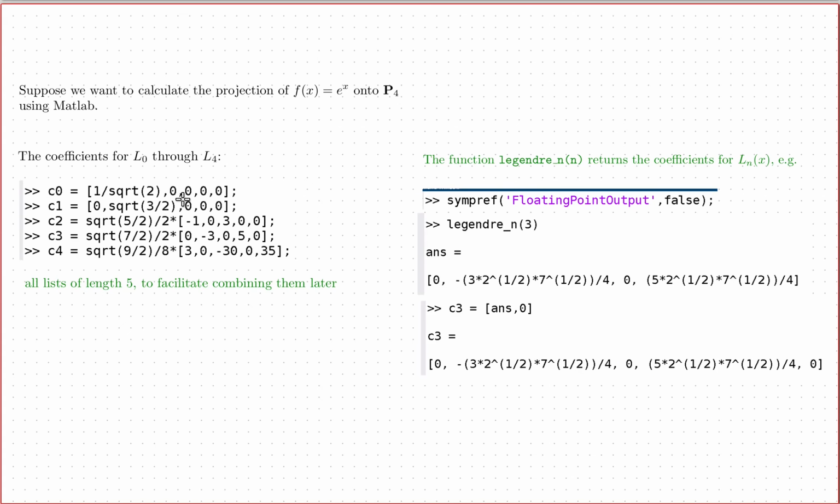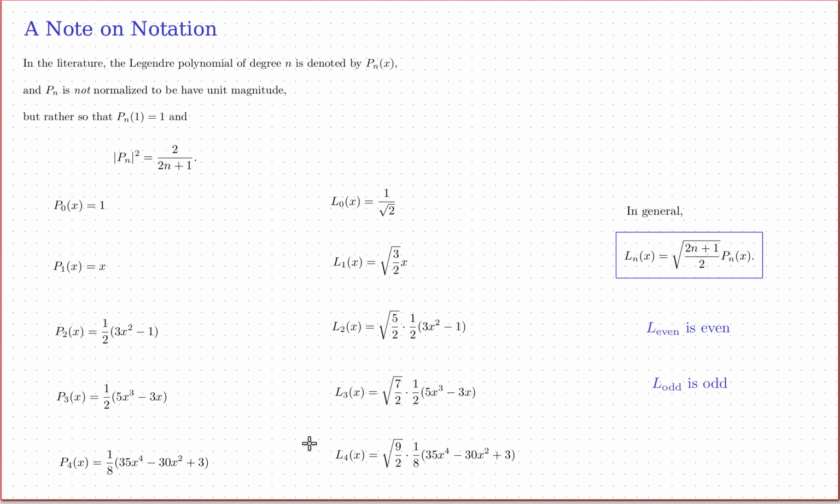Okay, so suppose we want to do a calculation on MATLAB like we did in the earlier examples, projecting a function, for example the exponential function. Let's use that again. Suppose we want to project it onto P4. You don't really want to do all these calculations by hand, so you can do them all on MATLAB, of course. First of all, what I've done here is I've copied all the coefficients from the previous page, all the coefficients of the normalized